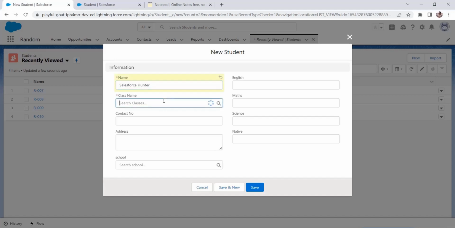Okay, and for the classes, let it be 5th standard. These are not required for now. For the English, let's put 89.5, 53.20. Though numbers like this are generally not given in the exam, we need to test everything, so